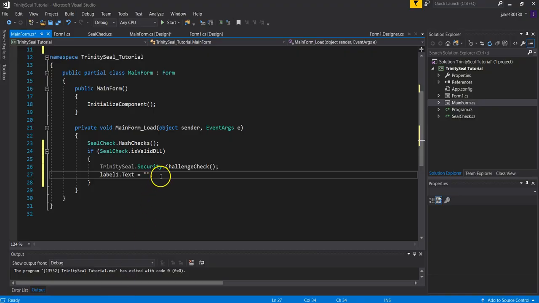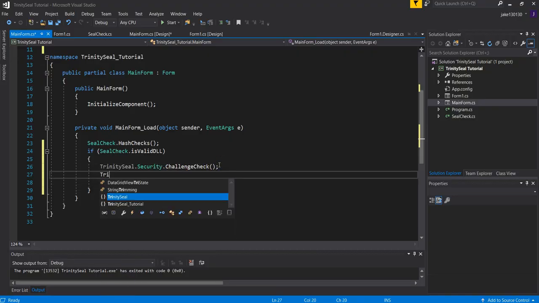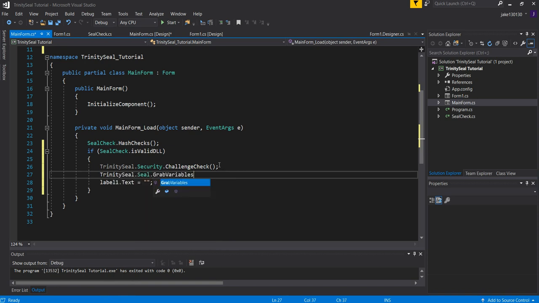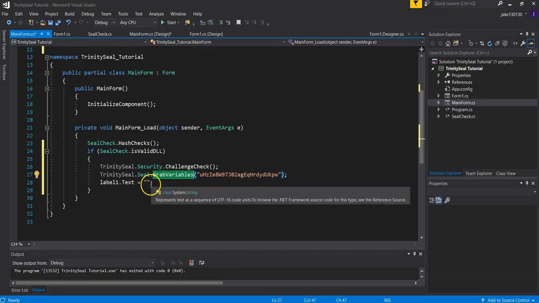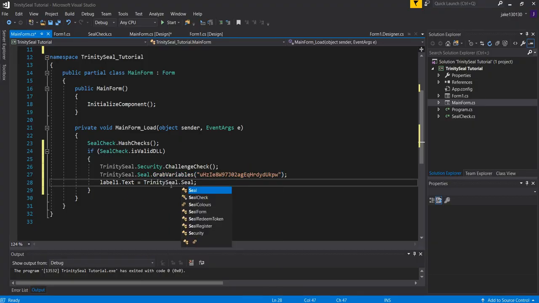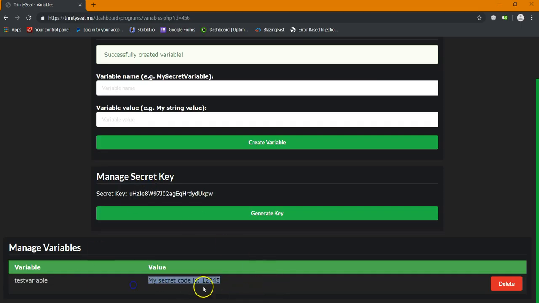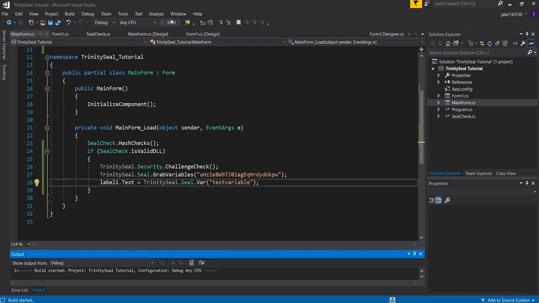And now if we head back over to here, what we're going to do is TrinitySeal.seal, we're going to grab variables, and it's going to ask for your secret key. So go ahead and grab that. That's going to grab every variable that your program has, and then if we want a specific variable, so in here we want to do TrinitySeal.seal.var, and inside of that string you can see we need to put the name of the variable, so this is test variable. There we go. So this value is not in the program anymore, but if we log in here,